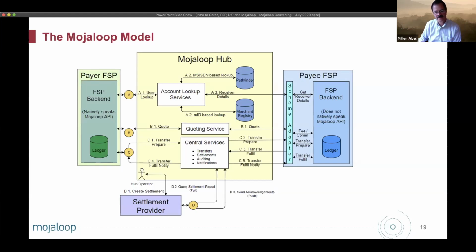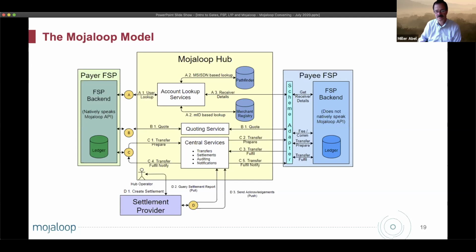And then finally the settlement. And those four different activities of address resolution, quotation, transfer, and settlement make up the flow of information, which of course means the flow of money through the system. The financial system itself, Mojaloop, the hub, actually doesn't take a financial position in transactions. Those are held by the individual participants, and they're traded through the system, cleared by Mojaloop, and then settled by a settlement agent.